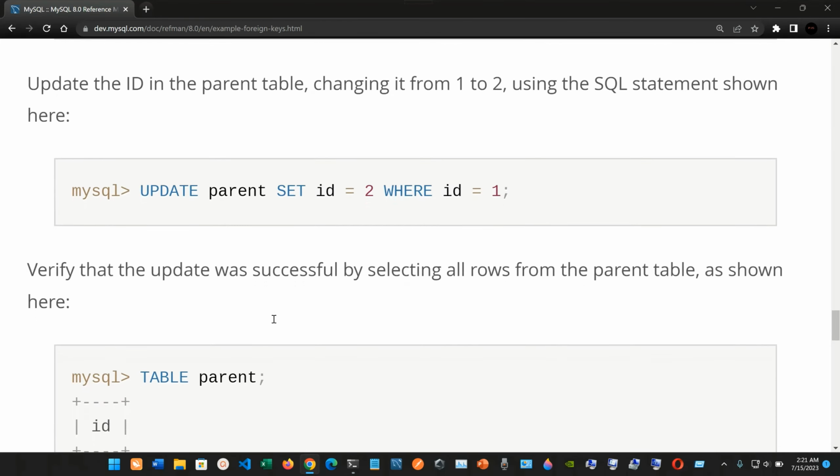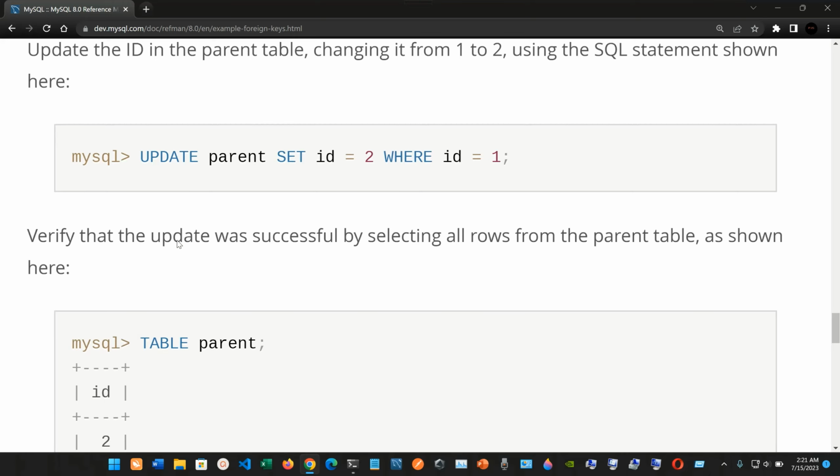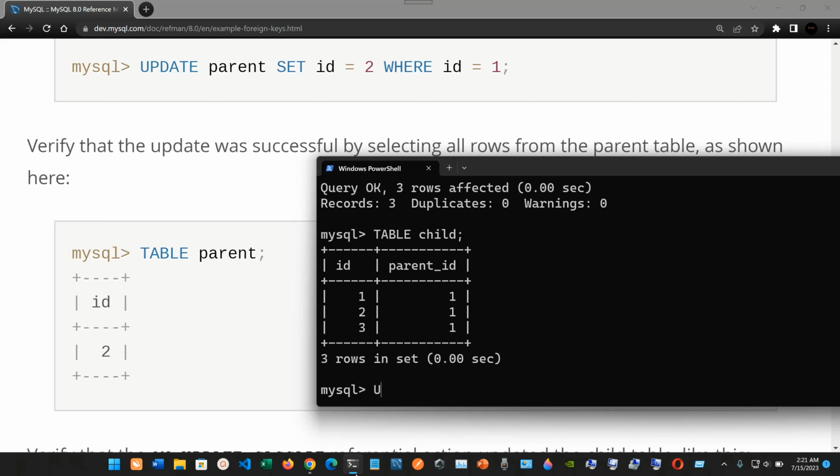Now we're going to update the ID in the parent table, changing it from 1 to 2 using the SQL statement shown here. So we use update parent. We're going to update parent, and we set the ID to 2. The ID is going to be set to 2,